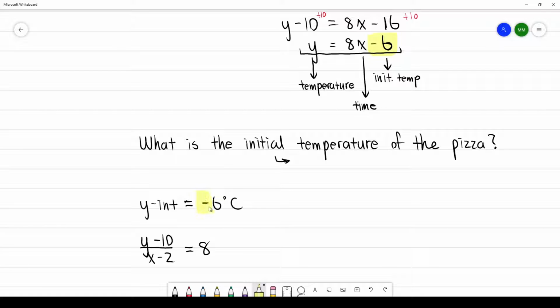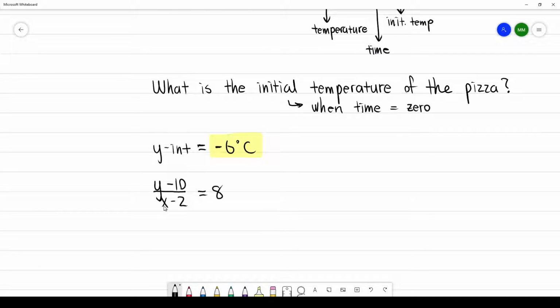Now, so we know this is our answer. So that's the correct answer. But using another method, so the initial temperature is when time equals to 0, right? So this means you can plug in 0 in this equation